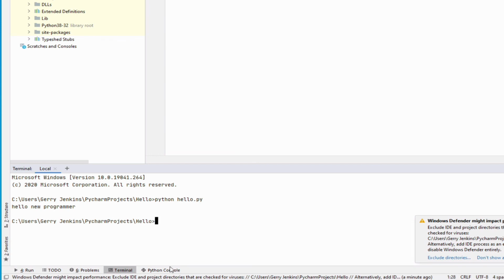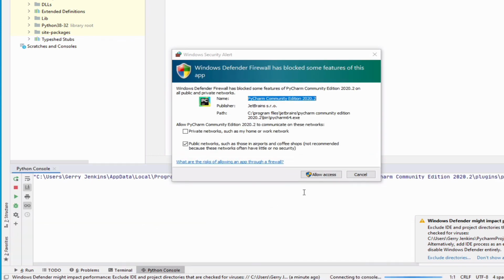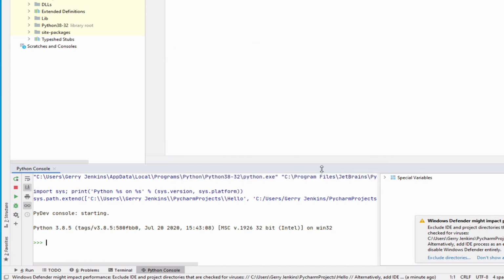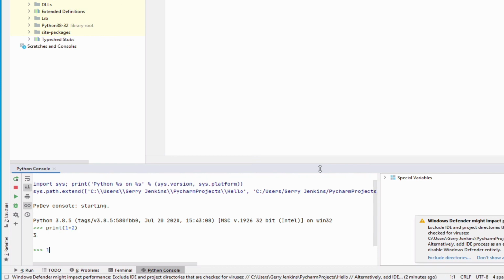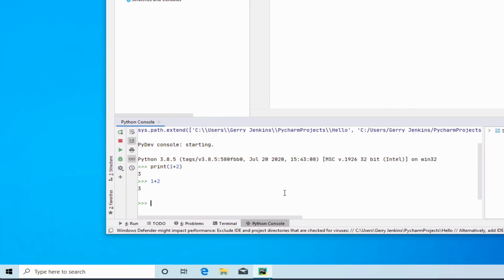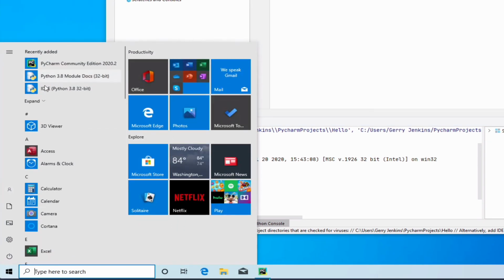There's also a thing called the Python console, and we have to allow access to this. So the Python console is similar to IDLE, which you read about when you start learning, and you can just try some code here. So I can say print 1 plus 2, and it's going to evaluate that expression and print the result. I can also just say 1 plus 2, and it's going to evaluate that and return what it creates in memory. So if you read about IDLE, which is also available here,